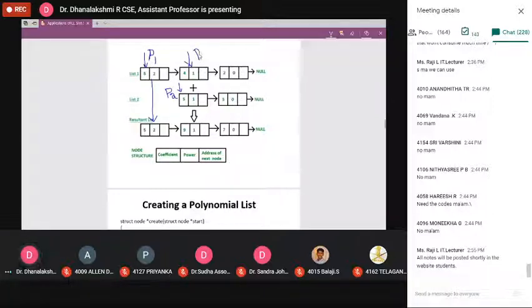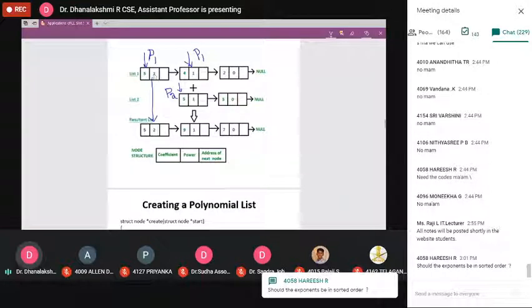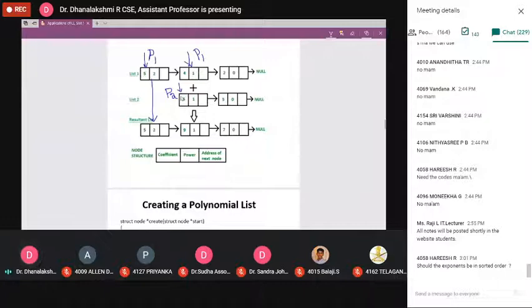This is the key concept behind this. We are incrementing this pointer alone. No need to disturb P2, because we are moving the information only from list 1 to the resultant polynomial list, so you increment only this pointer.